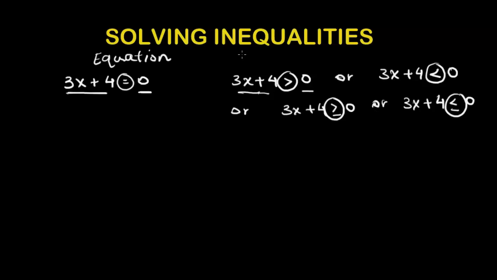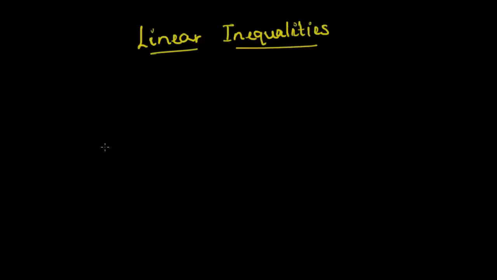Because we are doing a unit on polynomials, we will have to solve inequalities for polynomials. Polynomials can be linear, quadratic, cubic, quartic, or more. Let's learn how to solve linear inequalities first. Linear inequalities are seen when we have a linear function on one side of the sign, or when we have a linear function on both sides.